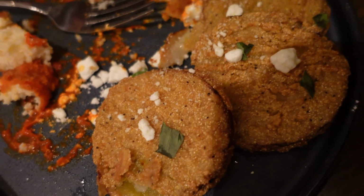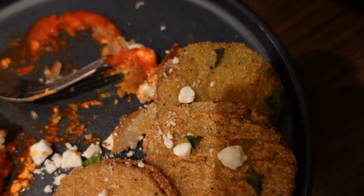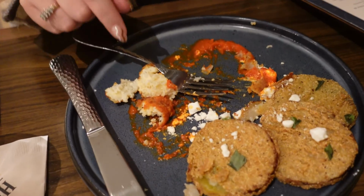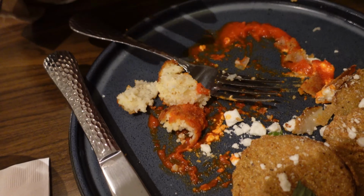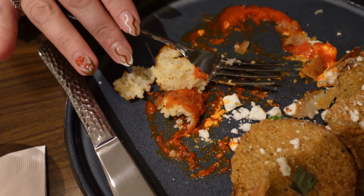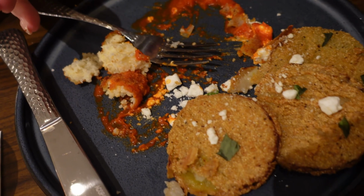Experienced it like that. I had some bites too, and I feel like there's a little sourness in a green tomato because it's not fully ripe, you know? I thought it was nice and juicy though. Very juicy, and the coating is perfect. I also like the coating with the grits too. It doesn't taste overly fried or soggy, but I'm not a huge fan of the grits itself, but that's just, I don't typically...